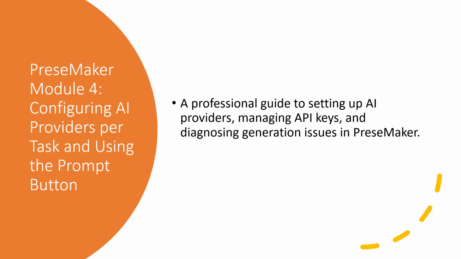We'll walk through how PreseMaker works with AI providers, how to obtain and enter your API keys, how the active AI provider setting functions, how to use the prompt button effectively, and what to do when generation fails. By the end of this module, you'll have a clear and practical understanding of every aspect of AI provider configuration